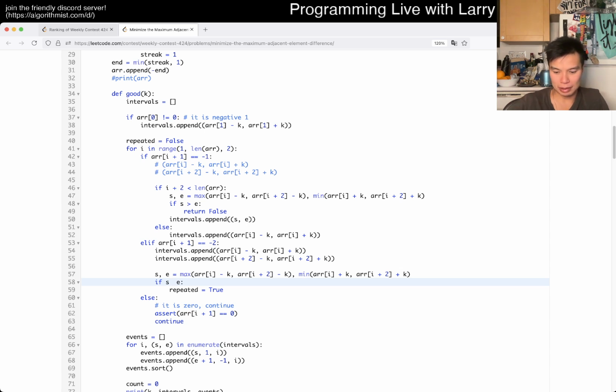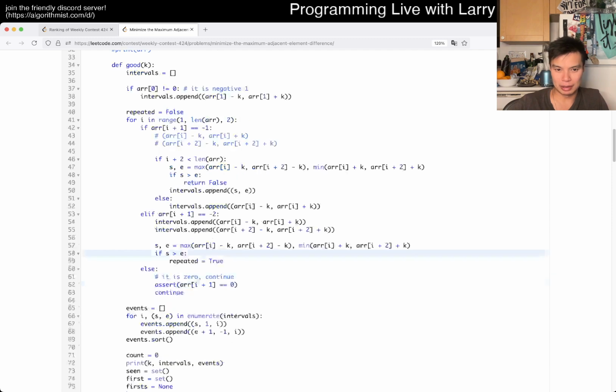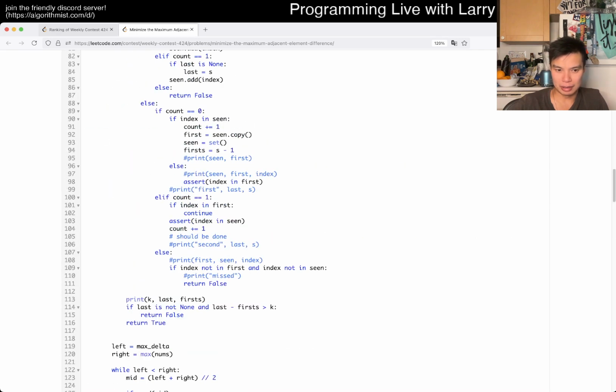So okay, so that means that if this is the case, repeated is equal to true, and then if repeated and then this thing maybe